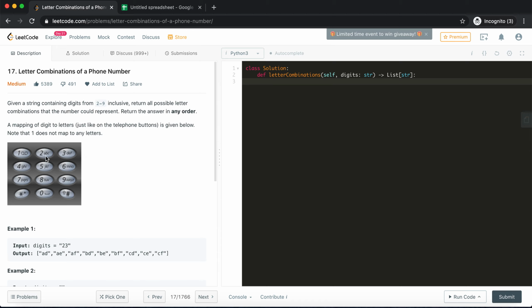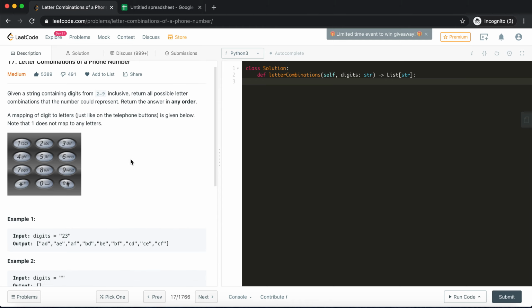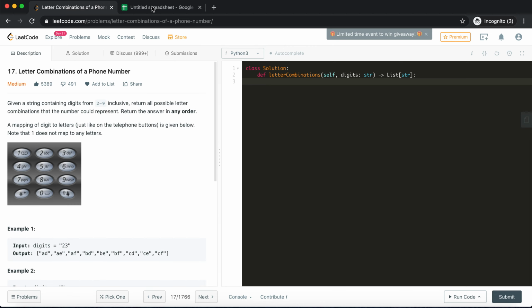Let's say we pick one letter from this particular digit, let's say A, and then we move to 3, and then we append every possible scenario to this item. Then we backtrack to 2 again, pick another item which is B, again move to 3, append all the combinations possible, then backtrack again. So as you can see, this is a classic case for backtracking.